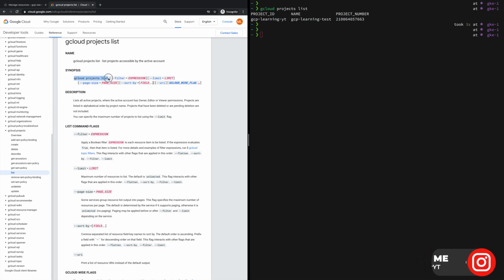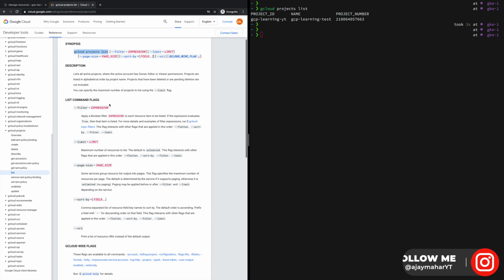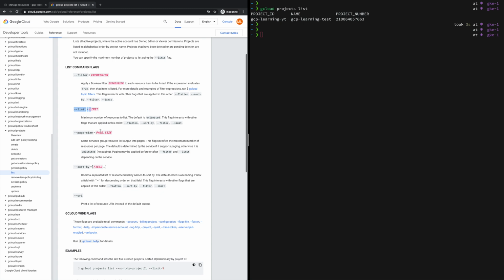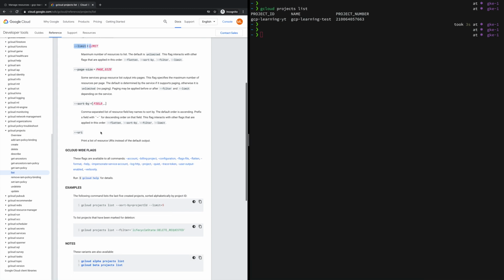This is the same command which we have used, but there are some additional options we can use, like filter and limits. Right now I have only one project, so I cannot show you these options, but let me create some projects and we will cover these options as well. So let's create some projects.